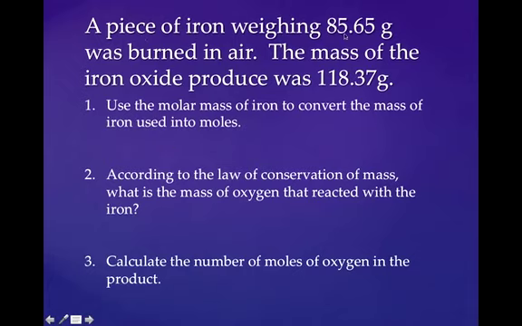You got a piece of iron with a mass of 85.65 grams, burned in air. The mass of the iron oxide produced was 118.37 grams. So use the molar mass of iron to convert the mass of iron used into moles. The mass of iron that we used was 85.65 grams, and the molar mass of iron is 55.85 grams per mole. So to convert this into moles, simply take that